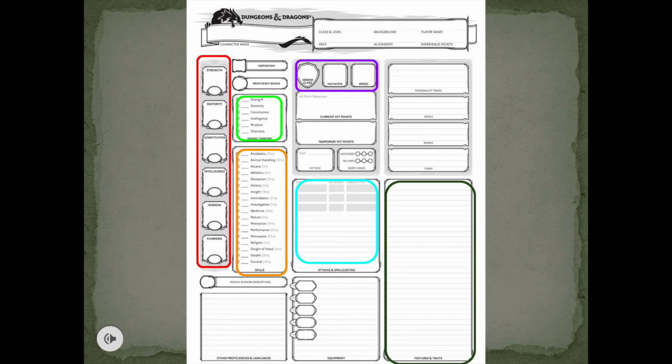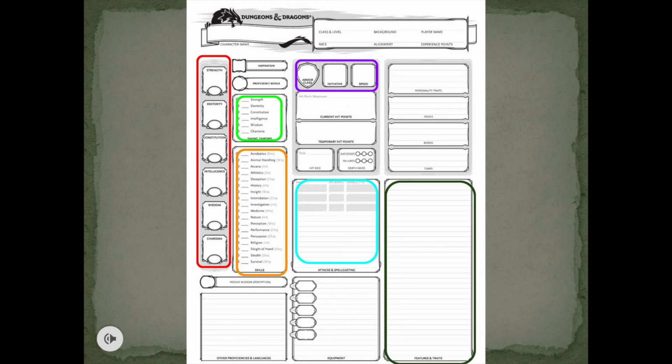This is typically determined by 10 plus your dexterity modifier plus any armor bonuses from equipment that you have. Your initiative is your dexterity modifier, and it is what is used to determine where you go in combat. And your speed is how quickly your character can move on a board. I mentioned before, most races default to 30 feet. This is where you keep track of your specific character's speed, which may fluctuate during a game because of equipment, spells, etc.